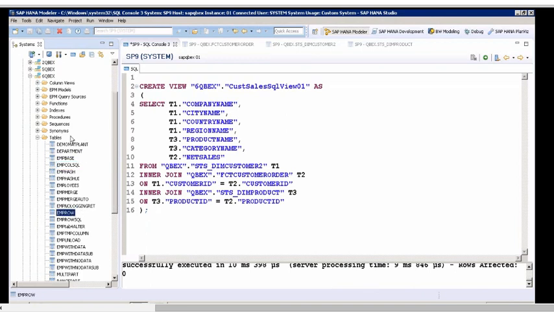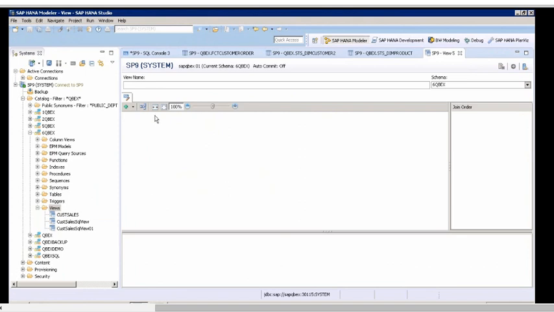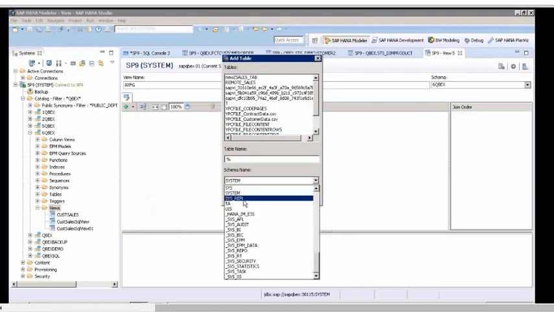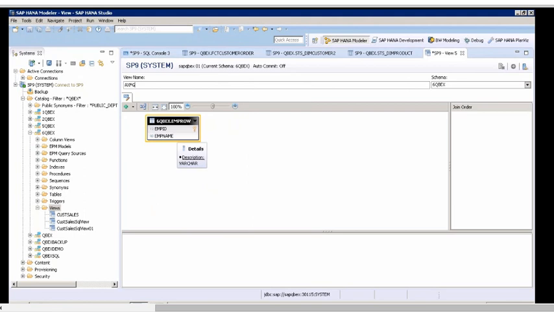Yes. So let me create a view, give some name, and insert the table EMP row. So can I bring this table into the view?